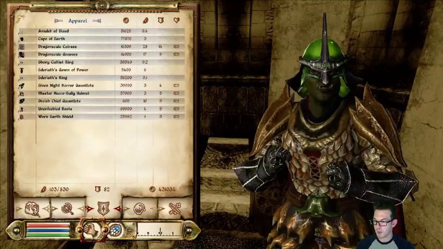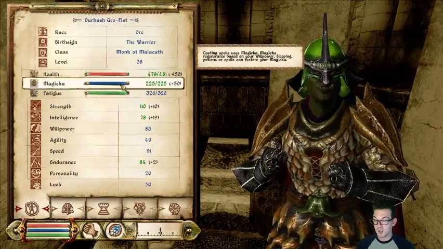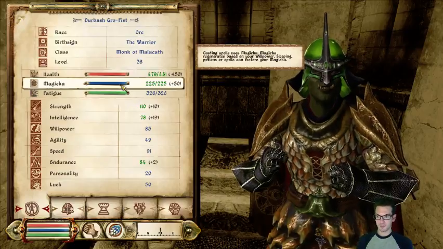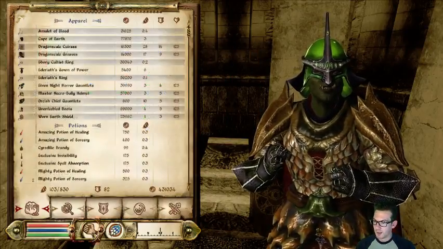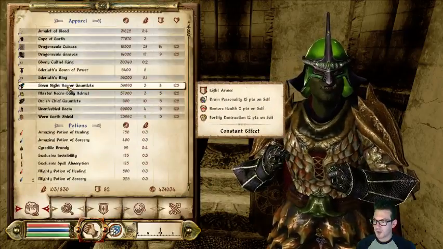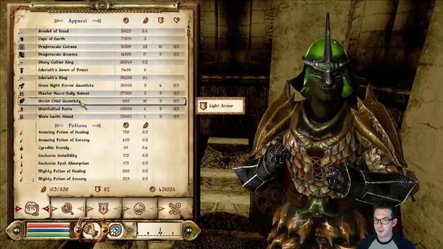Okay, well, that's pretty cool. So now what's our magic at? Nice! 225! Because we get an extra 19 to our magic. Sweet. Awesome. And then we're going to switch from these Elven Knight Gauntlets to these Orcish Chief Gauntlets, which I